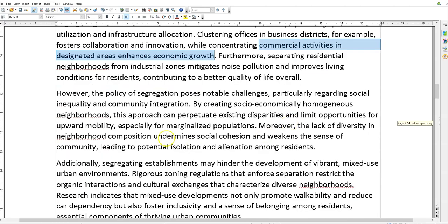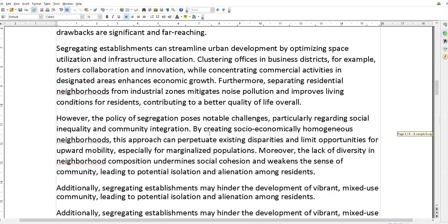However, social inequality, community integration. So if you've got the same people in a neighbourhood, it can perpetuate existing disparities, limit opportunities, lack of diversity in the composition. So it is essentially a segregation, if you think about it. Additionally,